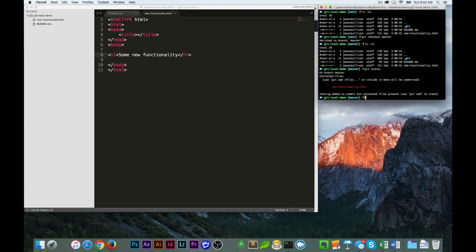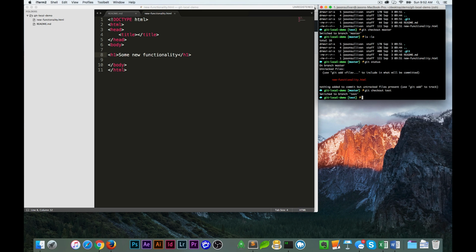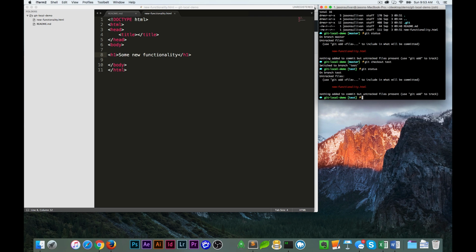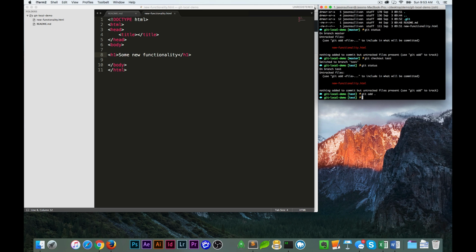So we're going to do git add, but we're not going to do git add in master. So I'm going to git checkout again the test branch. And now we're going to say git add. We're going to do git status here. Again, new functionality still has not been tracked. So if we would have added it to master, it would have been tracked by master. But we're not. We're adding it to test. So we're going to say git add all, git commit,